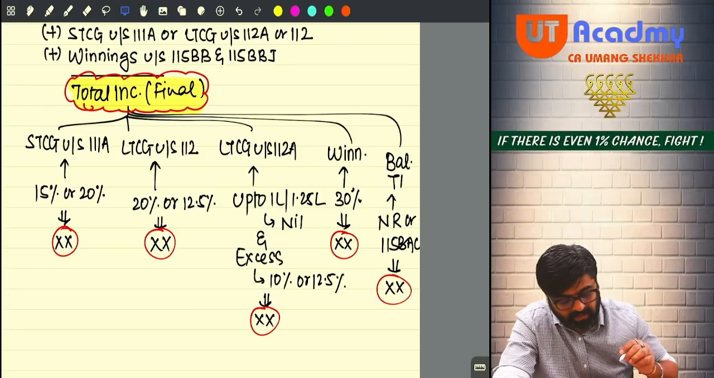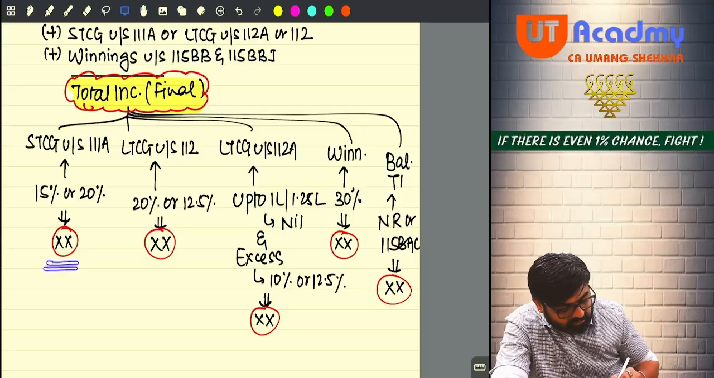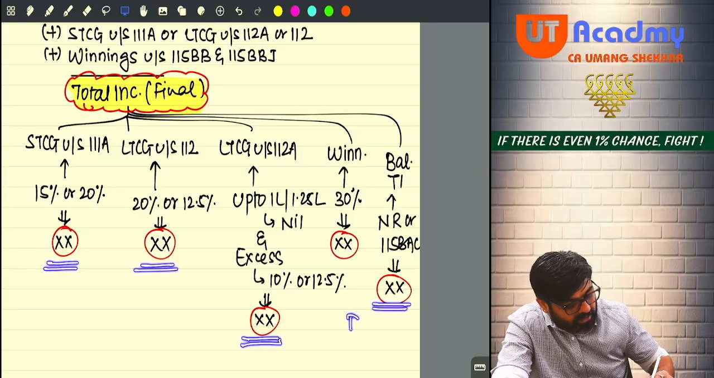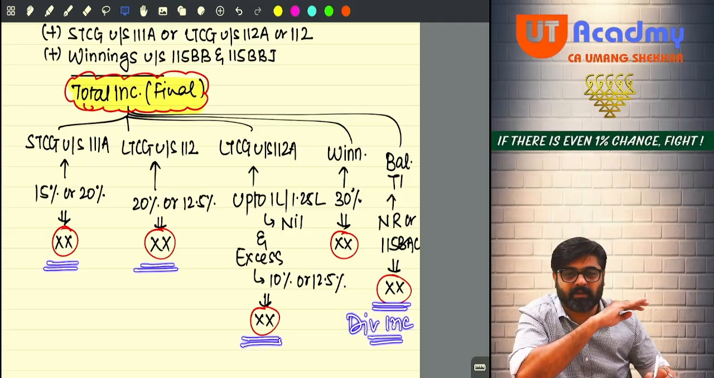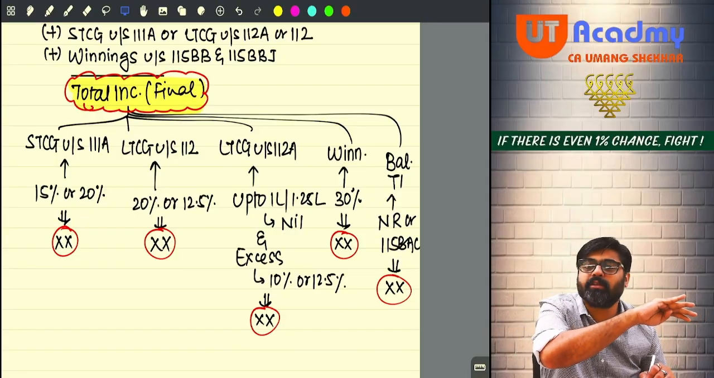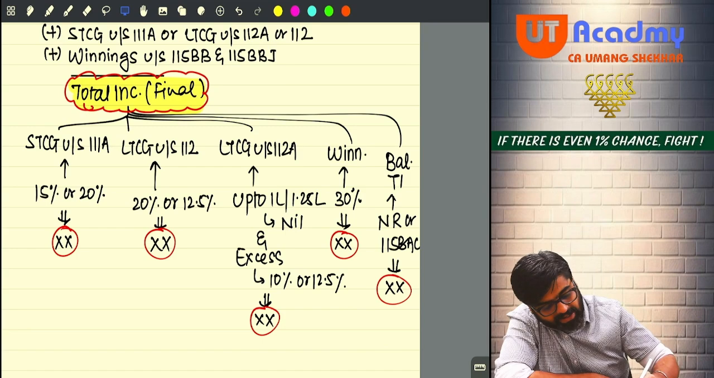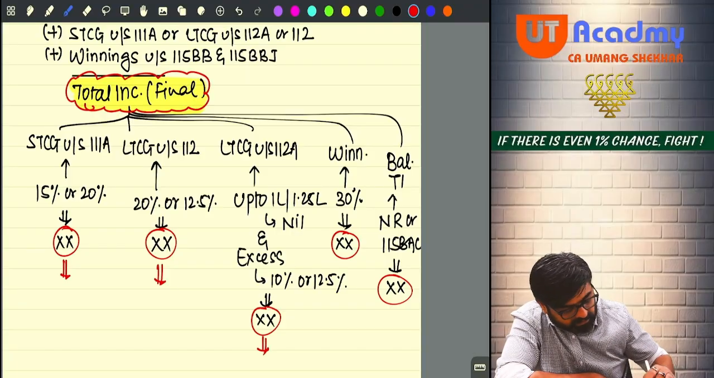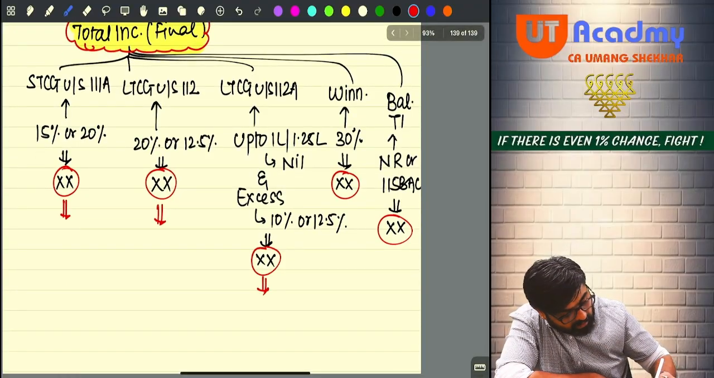Now please pay attention. Whenever you calculate this tax, and in the balance there is a dividend income. Dividend income is taxable at normal rates only. So your dividend income will be covered in the balance total income only. Whatever tax you have calculated on this, this and this, and out of this tax,